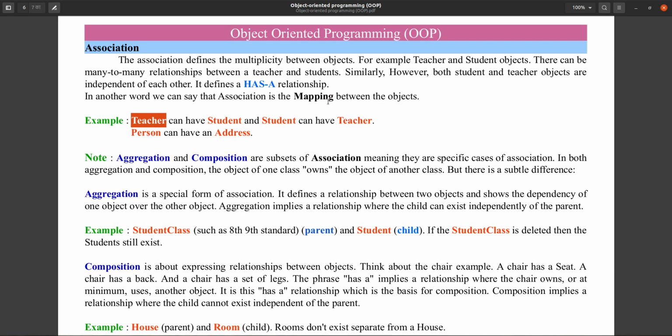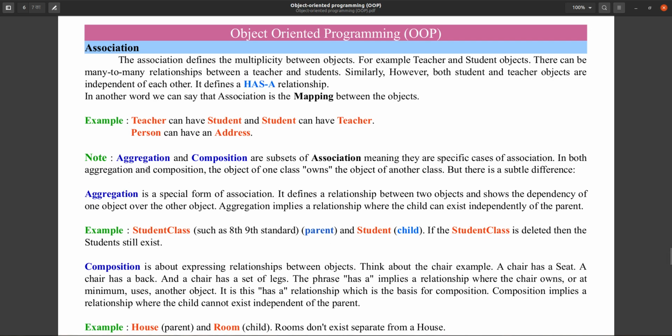Because one teacher can teach n number of students, and one student can also be taught by n number of teachers. So there is a has-a relationship. We can say teacher has student, student has teacher, person has address, or person have address. So this is a has-a relationship.